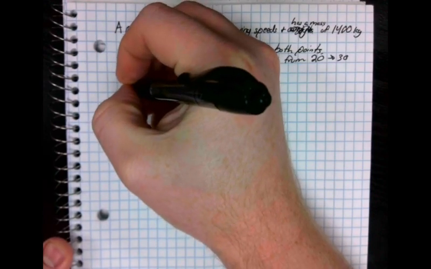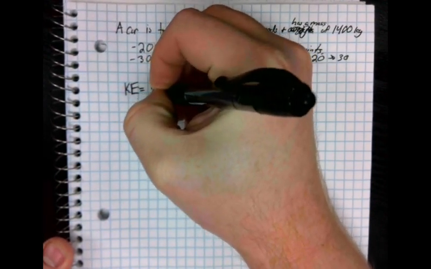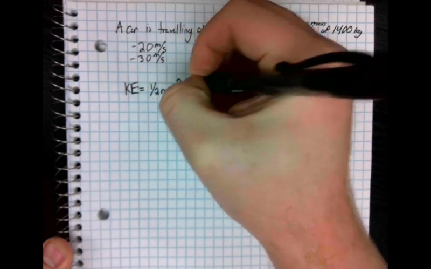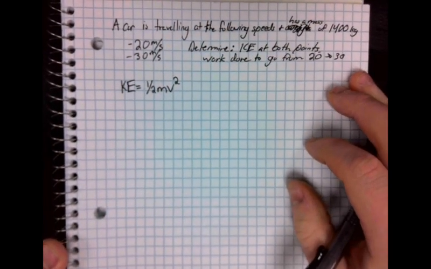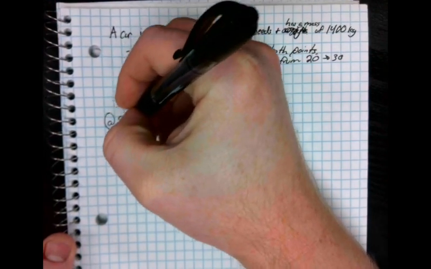So in this case, we're going to use our equation. Kinetic energy equals 1/2 the mass times the velocity squared. And for these first parts, we're not actually going to need to do a whole lot of thinking. It's actually going to be pretty straightforward. So when it's going at 20 meters per second,